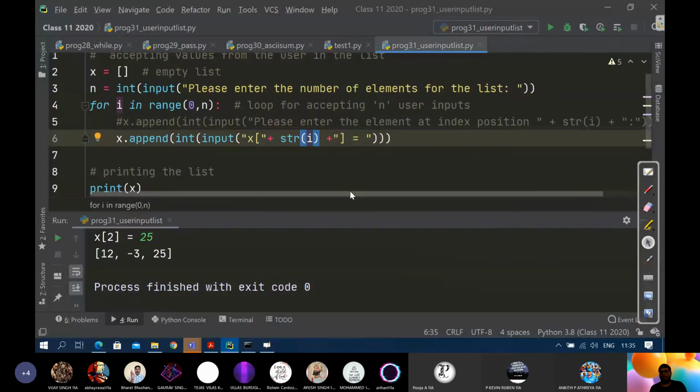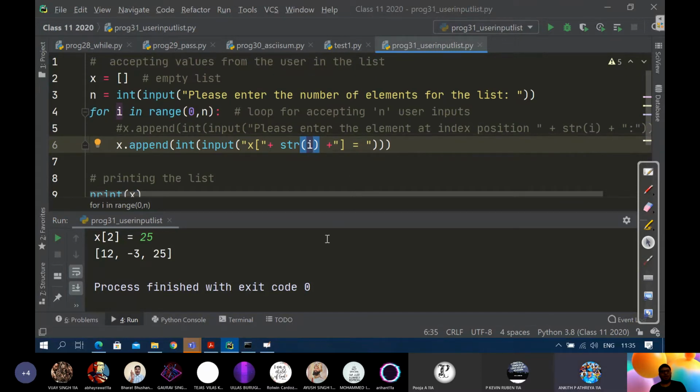Right. So, are we comfortable with user inputs? How to ask for a value in the list? Sixth line: why are we taking input as a string and then converting to int?